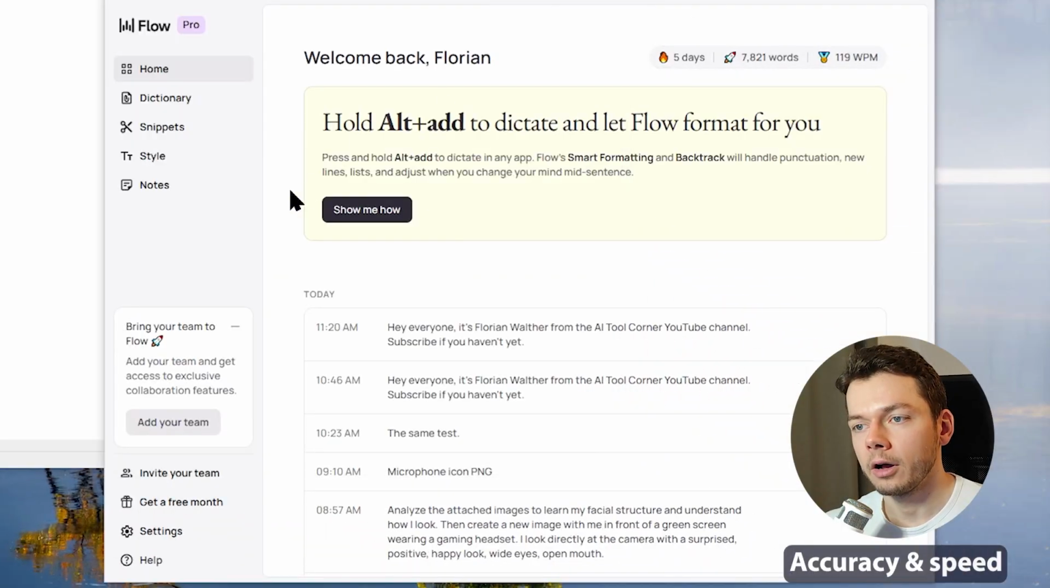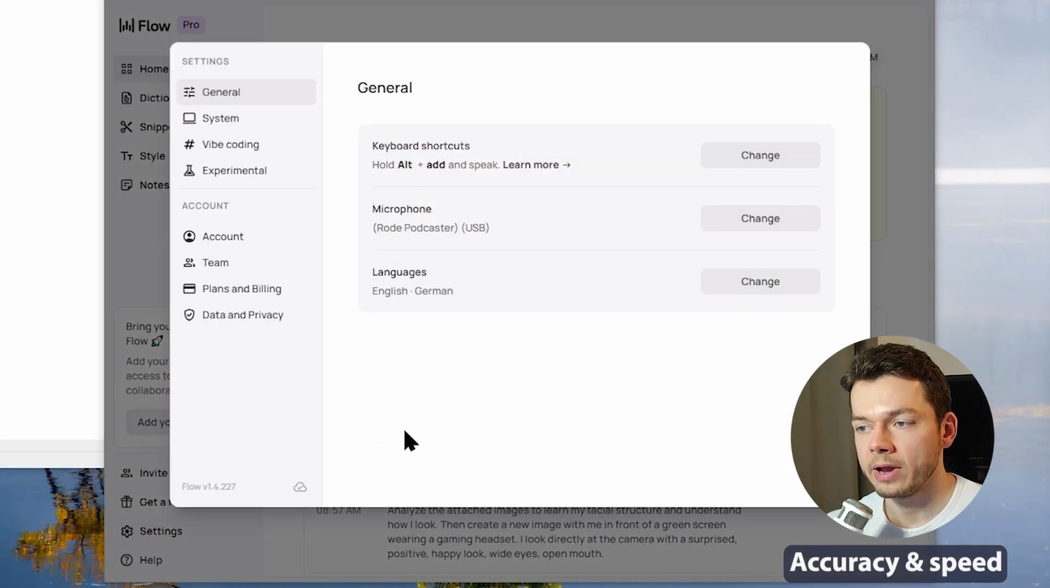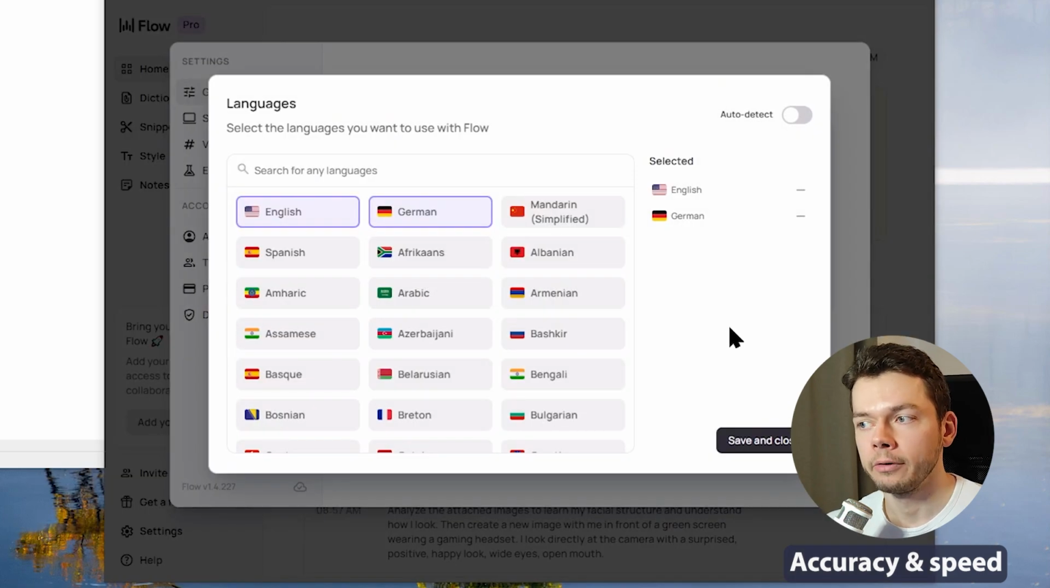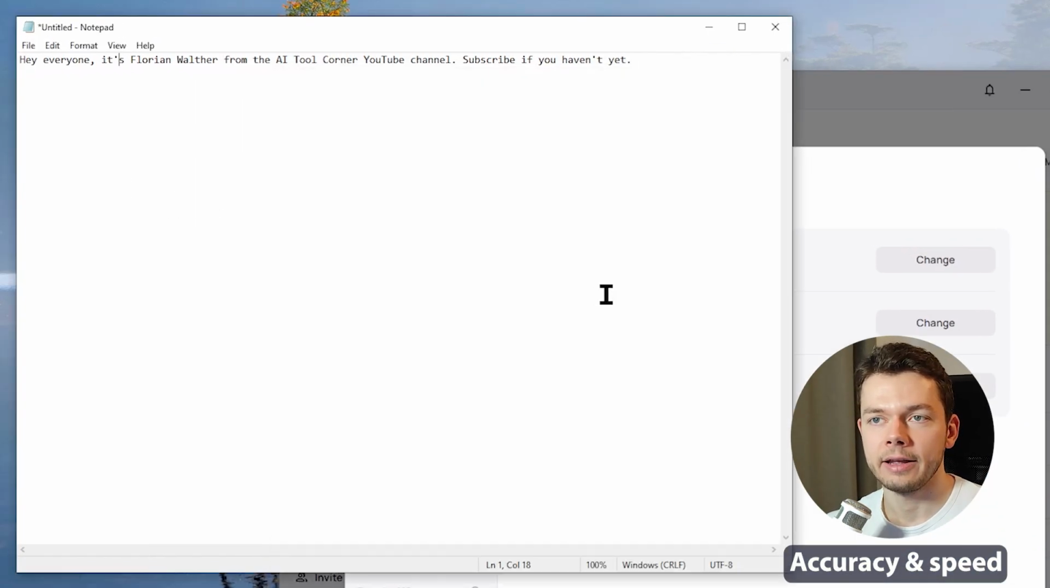And of course, this also works with different languages, which we can configure in the settings. In Wispr Flow, we can actually set multiple languages, or we can set this to auto-detect. The only ones I speak are English and German, so I selected those, and I can dictate the same sentence